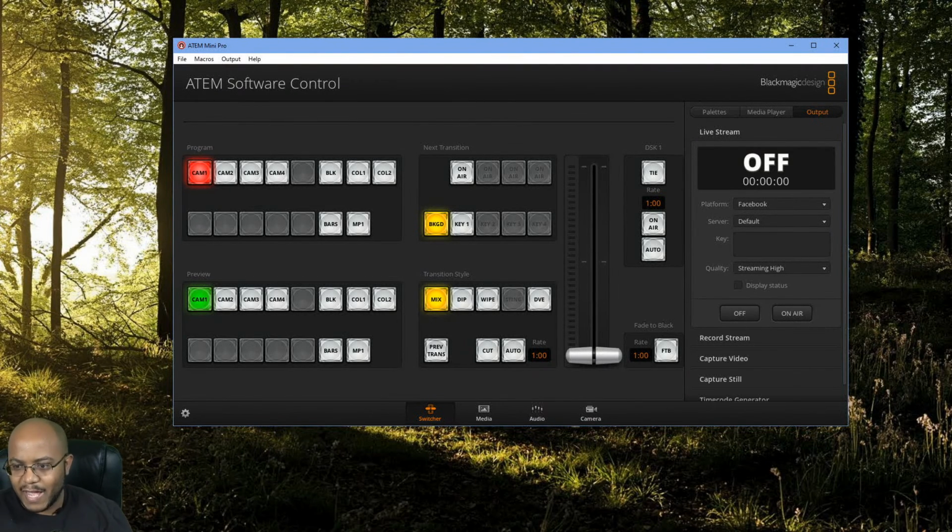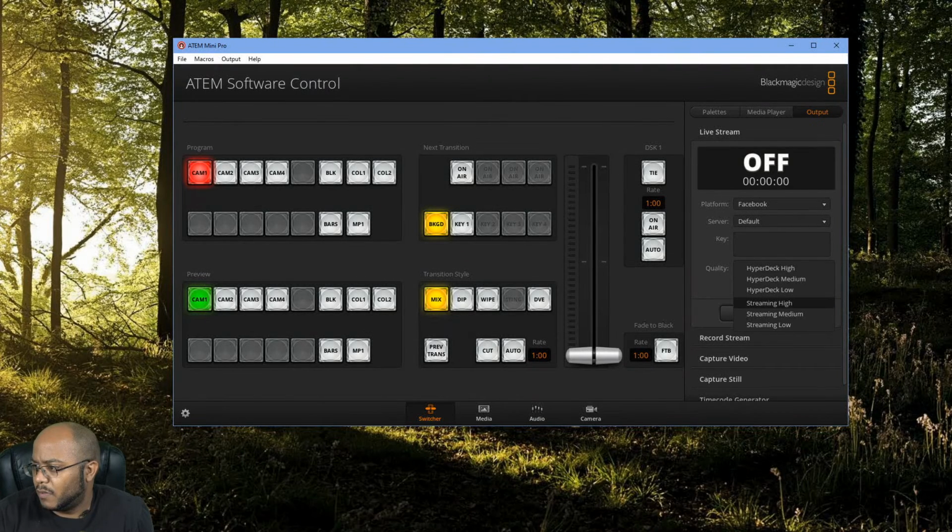So now under the live stream, we can pick where we're going to go to. So far, you can only pick Facebook, Twitch, and YouTube. There's no way to put in a custom one. That's interesting. So in here, you can select quality, and it just takes whatever quality or your HyperDeck quality. Okay, that's Facebook, YouTube. That's the same thing. I want to see what that quality thing is,